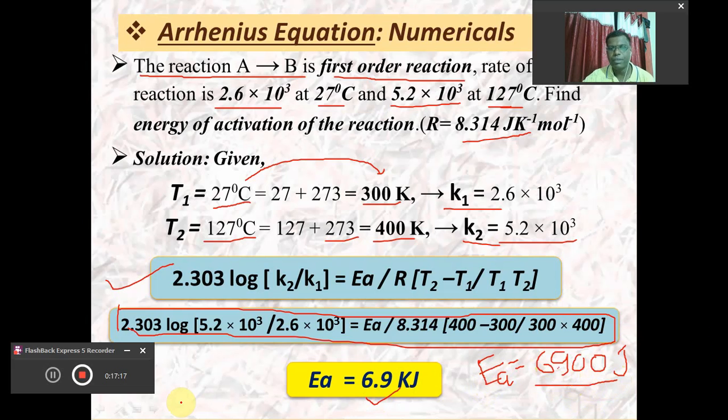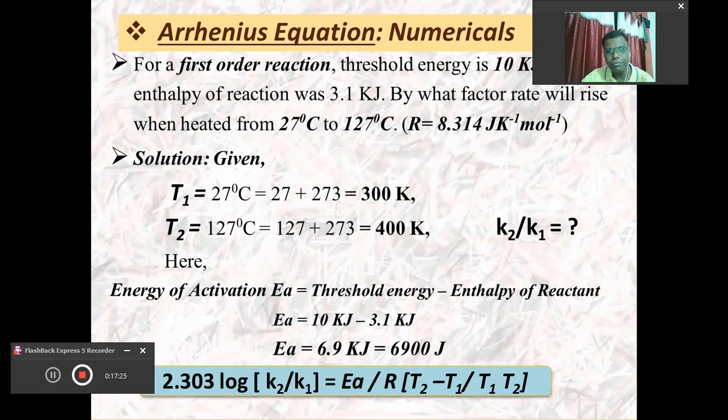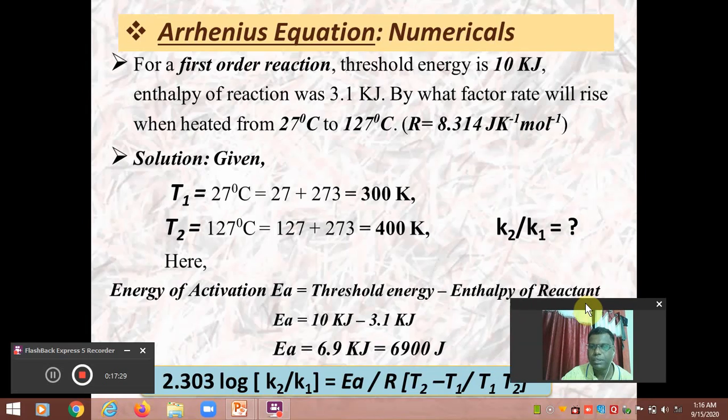So I hope it's very easy to solve all this, and if you try, definitely you will get the answer for the same. Dear friends, I would like to show you another problem based upon the same Arrhenius equation,